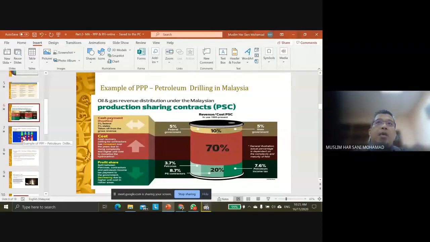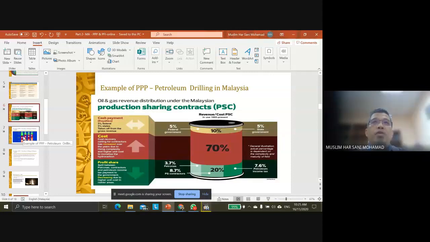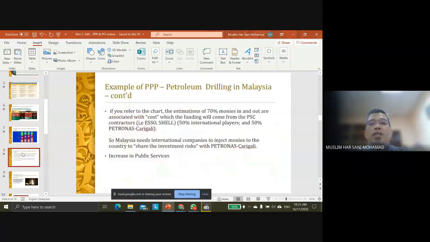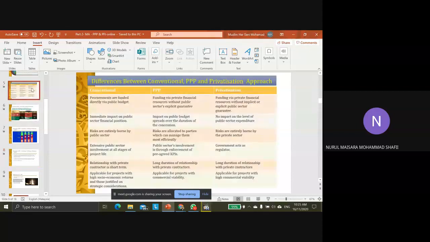In a very general discussion, when I highlight this on petroleum, it is basically to show you that the public and private sector cooperate to improve. Because if we use only government funding, they'll not be able to provide these services. They'll not be able to extract petroleum, because of the involvement of multinational companies like Esso and Shell. In the beginning, of course, now Petronas itself is a very big company. We're talking about the 70s and 80s. So basically PPP is also applied in GLC.